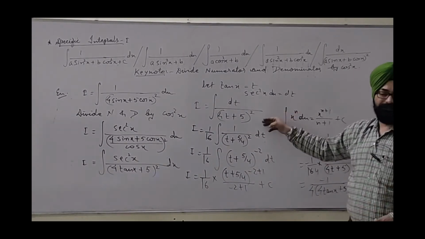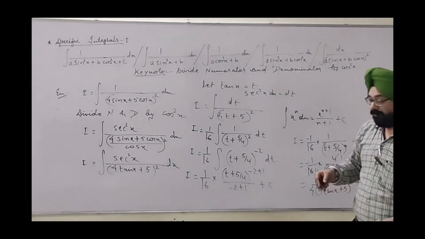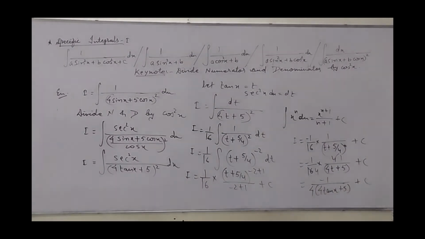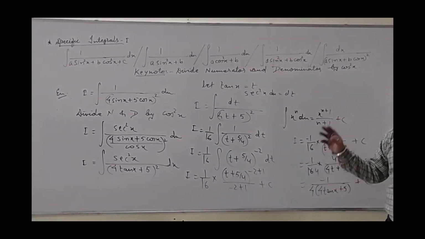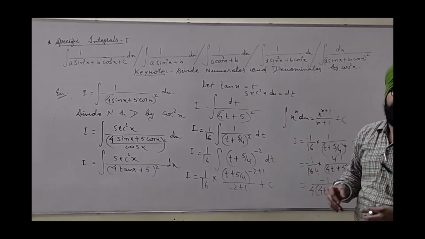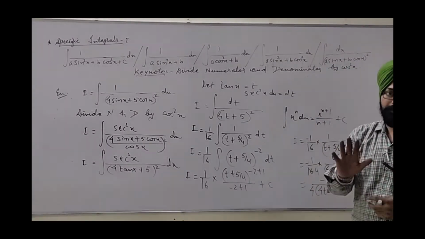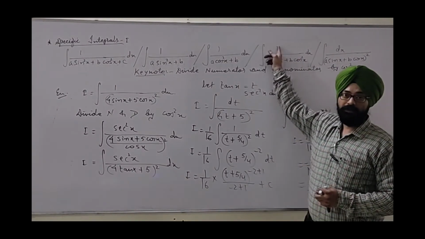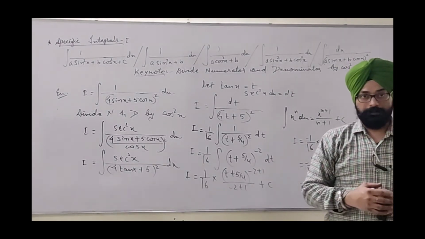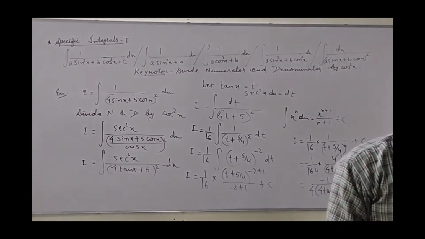It doesn't matter which method you apply after this. I have introduced two methods verbally, and here I solved with my third method. So you will obtain the same answer. Now I hope that you have understood such patterns. Every time in this pattern we have to divide the numerator and denominator by cos square x. Keep in mind, numerator should be 1, and denominator should contain the terms of sin square or cos square or both. Now we will see the next pattern.